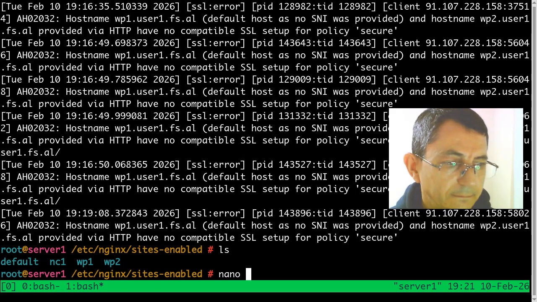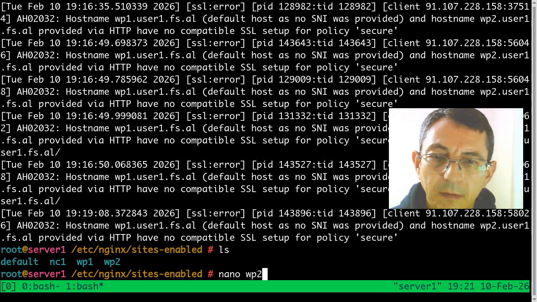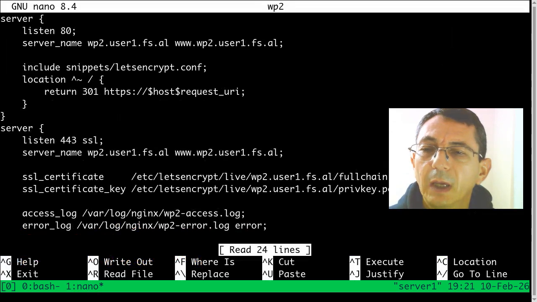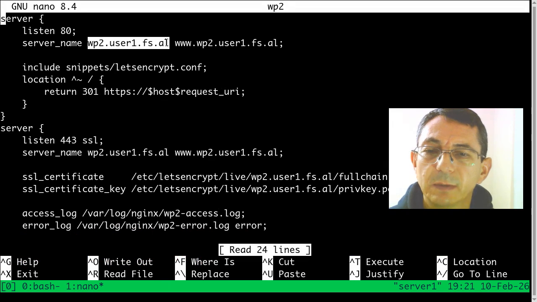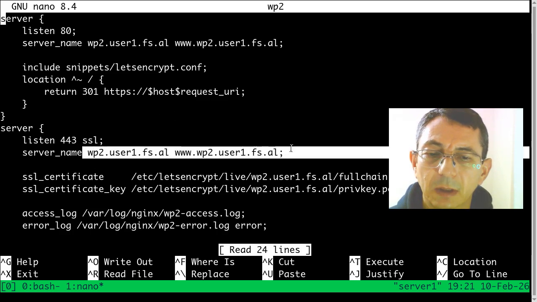When you changed the configuration file, is it the same file for both websites? Yes, I changed the server name from WordPress 1 to WordPress 2, and this one also, yes. And okay, server name is okay here,